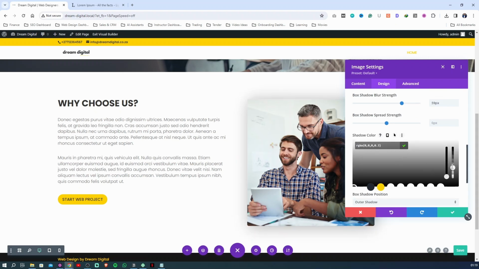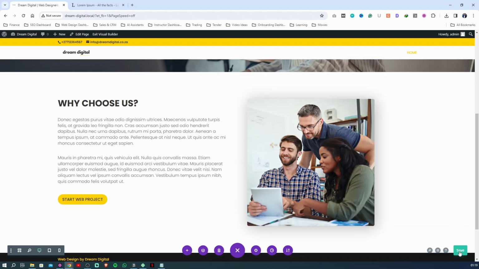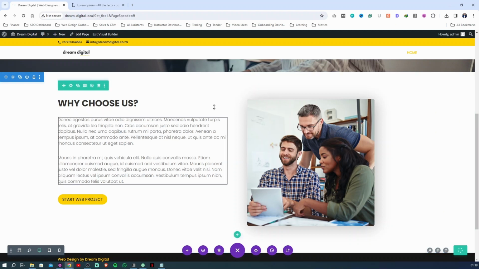Let's go to the color of the shadow. Let's decrease it a little bit. Too much is not the way. Less is more. Okay, as you can see, that's our why choose us